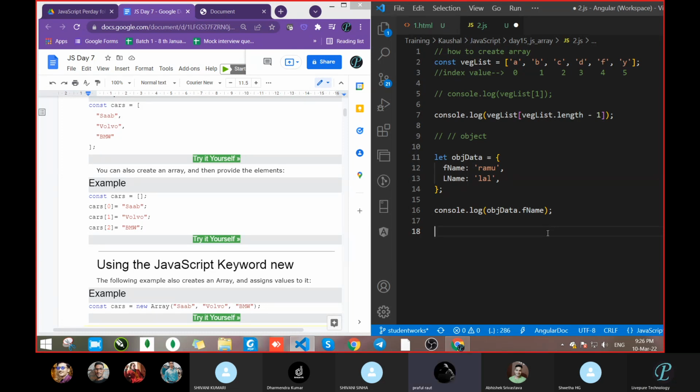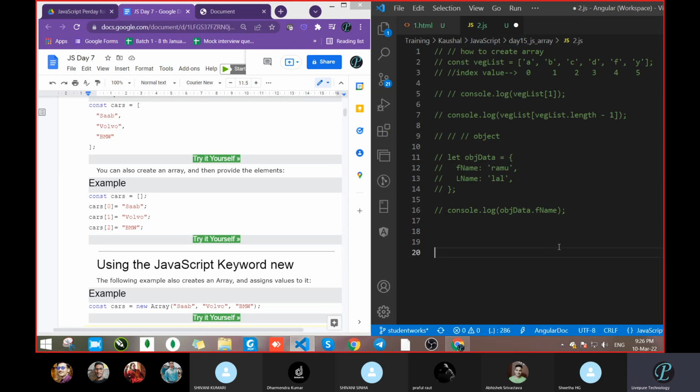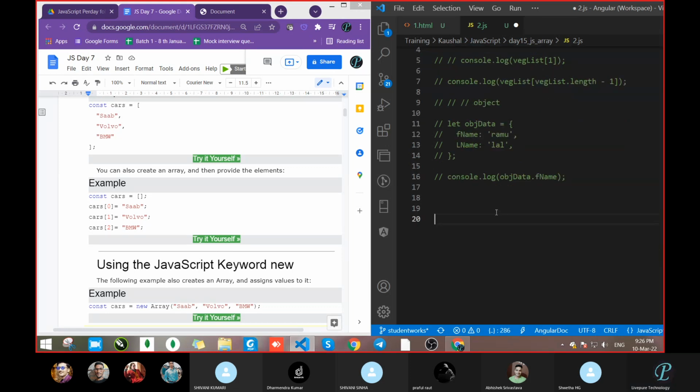Yes, sir. Clear. Okay. So hope everyone is clear. Now do one thing. Now we had passed the data hard coded. Now we want to create that array. How to create an array? Let's see. We want to create the array itself dynamically, and then we will see how it works.